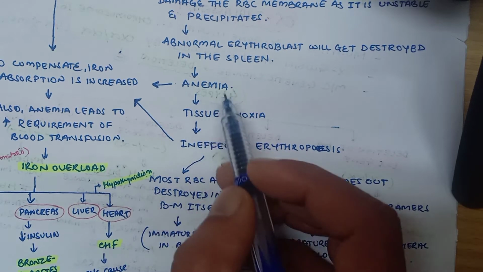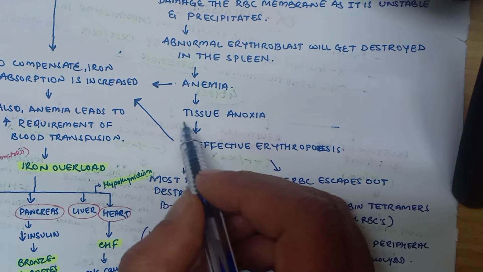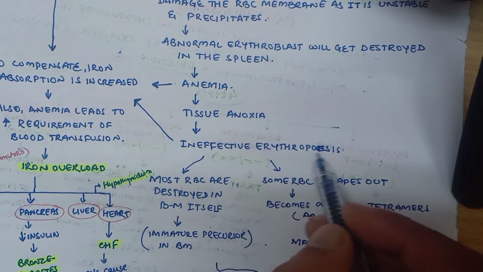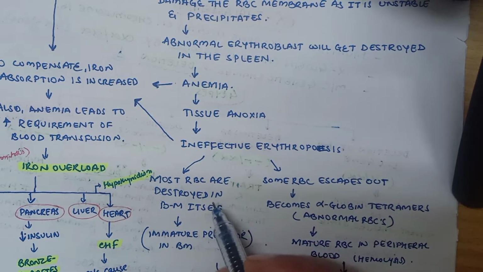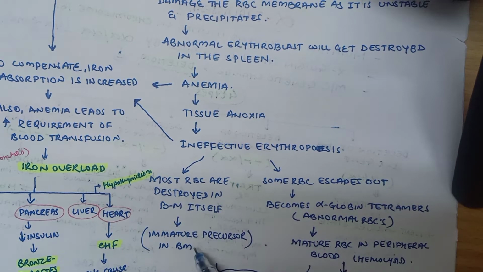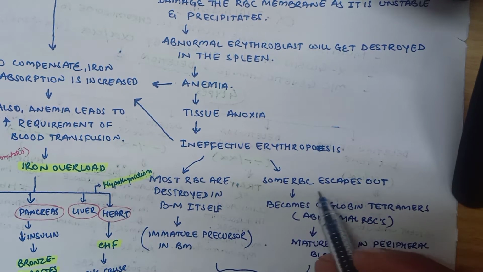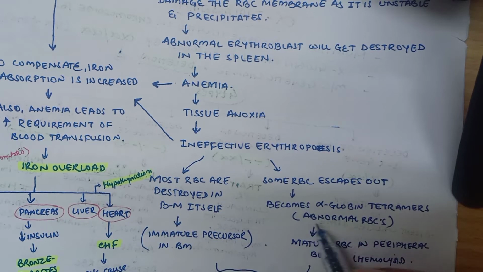When there is anemia, this will lead to tissue anoxia. When there is tissue anoxia, there will be ineffective erythropoiesis. During erythropoiesis, most of the RBCs are formed and destroyed in the bone marrow itself. So there will be immature precursors in the bone marrow which are getting destroyed. Now some of the RBCs also escape from the bone marrow and come to the peripheral blood